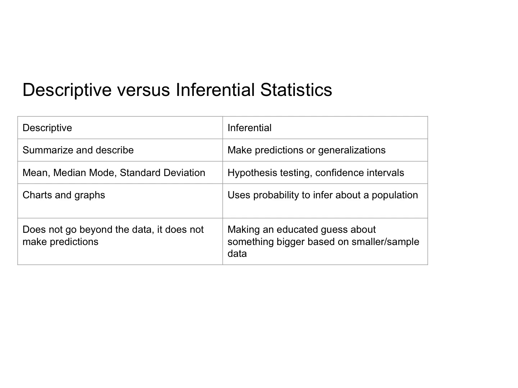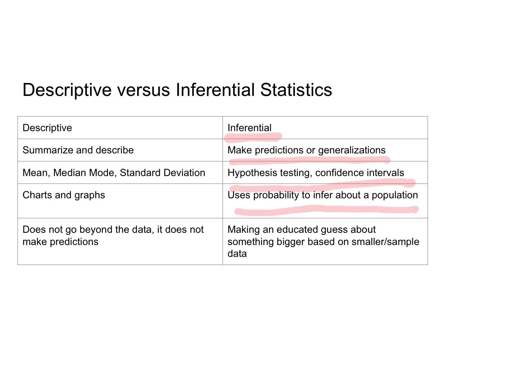For descriptive statistics, it does not go beyond the data. It does not make predictions, whereas inferential makes predictions or generalizations, hypothesis testing, confidence intervals, uses probability to infer about